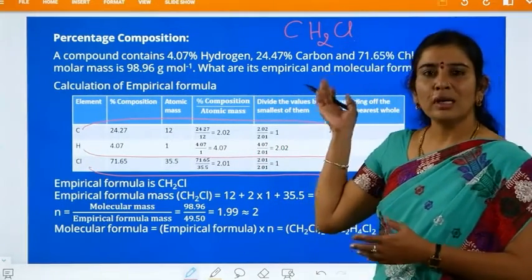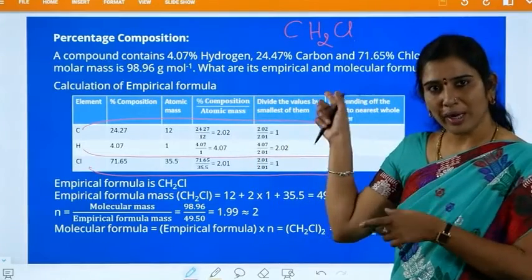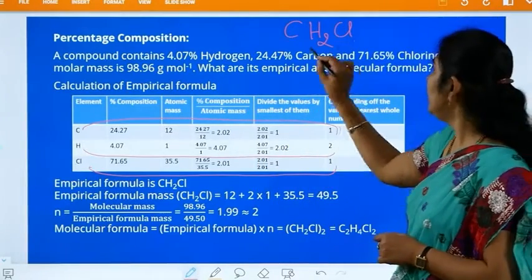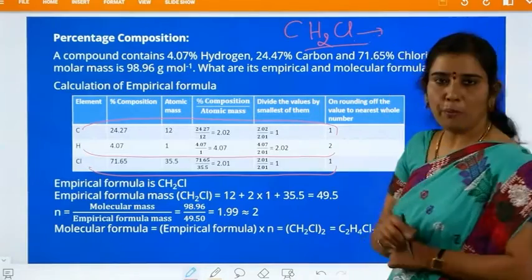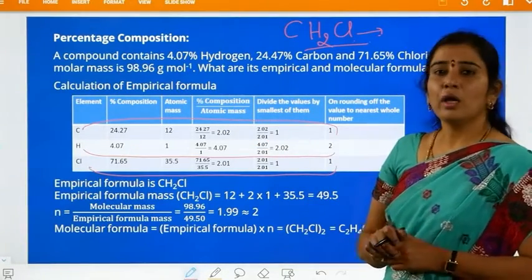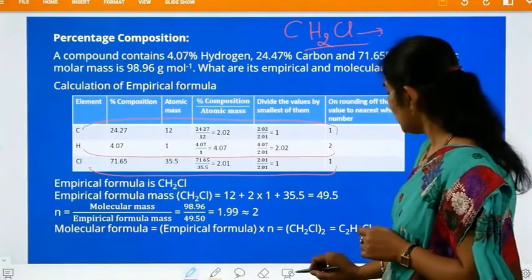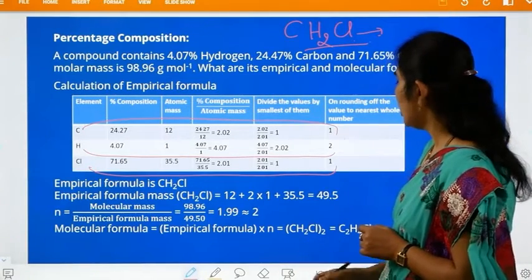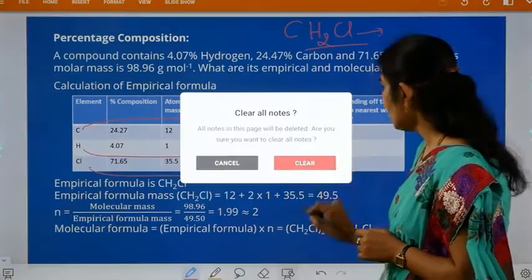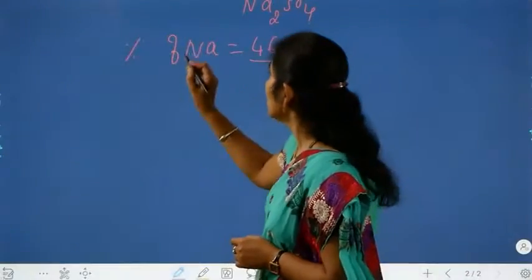So, actually it is the relative number and type of atoms, the type of elements or atoms present in the compound, for the given composition. Now, you have to calculate the empirical formula mass. So, what is the empirical formula mass? How do you calculate it? See here, to calculate empirical formula mass.